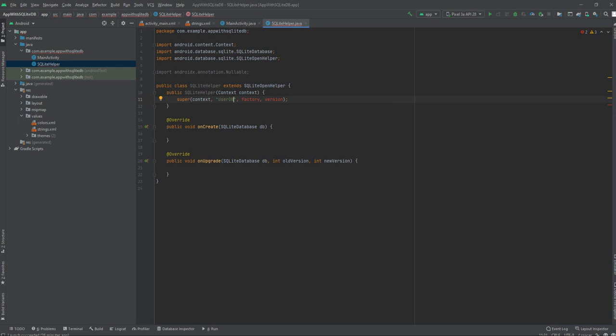Then you can use another name, whichever you are comfortable with in naming your database. So .db. The file extension for this SQLite database is db. For the factory we'll put null, then for the version we'll use 1. Then after this one,